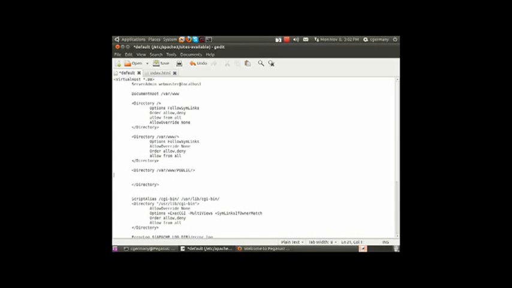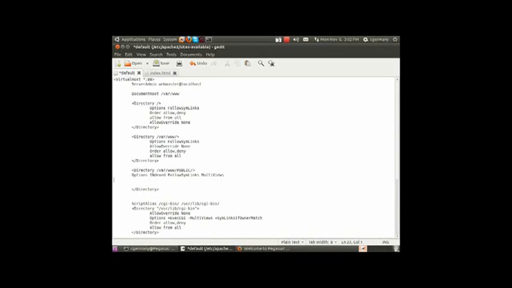And the first thing I want to do is go ahead and add Options Indexes FollowSymLinks MultiViews. And again, just to allow for directory browsing. And then I'm going to change the order, as far as server requests, to default to allow and then deny. And I'm going to basically change it to allow